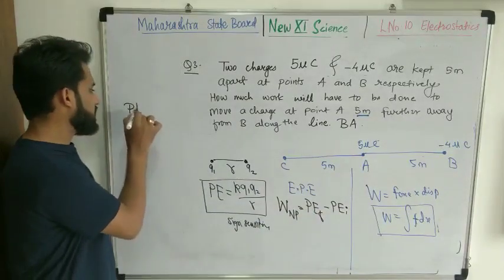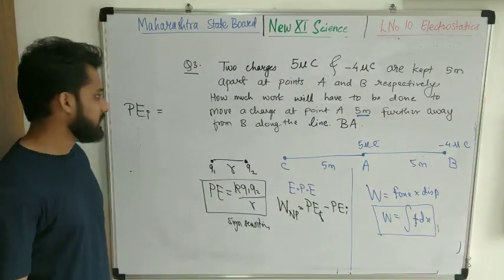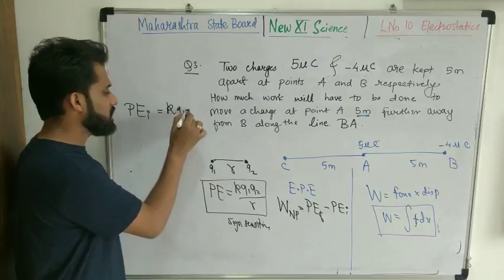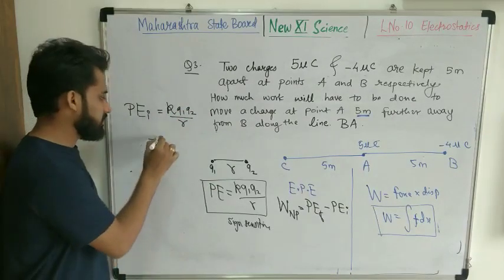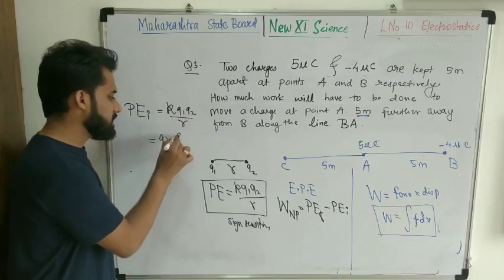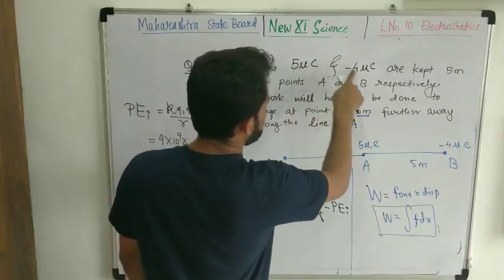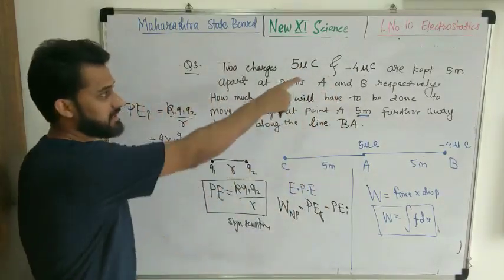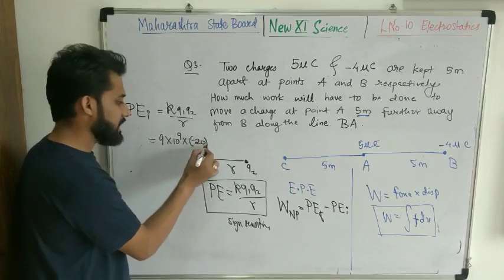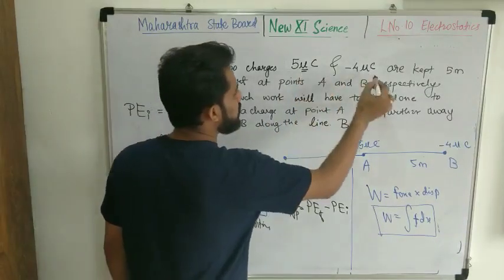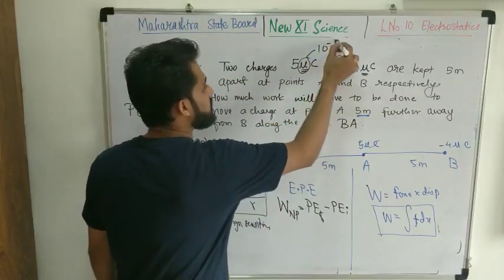First case, what is the initial potential energy? According to the formula, initial potential energy is K times Q1 Q2 over distance R. If I substitute the values, K is 9 times 10 to the power 9. Charge 1 and charge 2 are 5 and 4. 5 4s are 20, but there is a minus sign, and as it is sign sensitive, I need to take that minus sign. Minus 20, but it is microcoulomb, and the prefix micro stands for 10 to the power minus